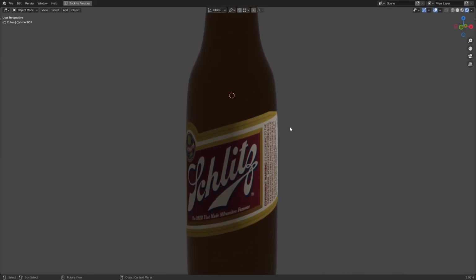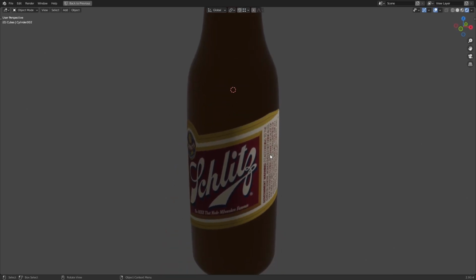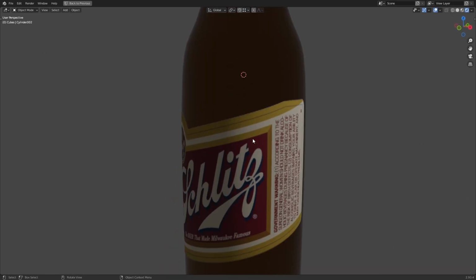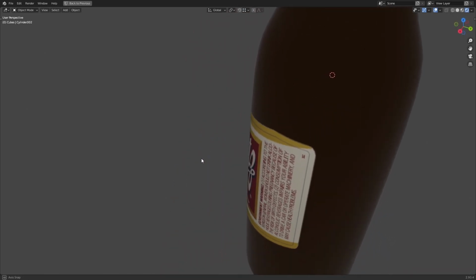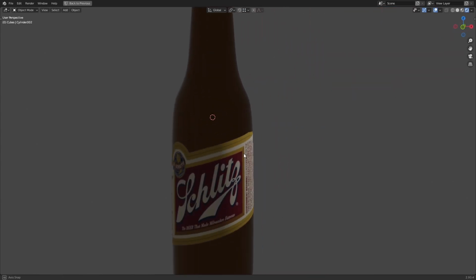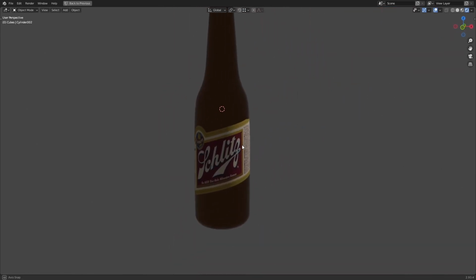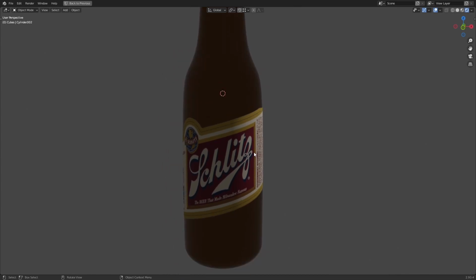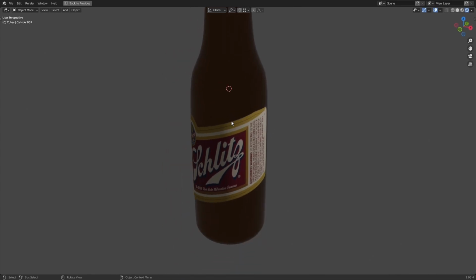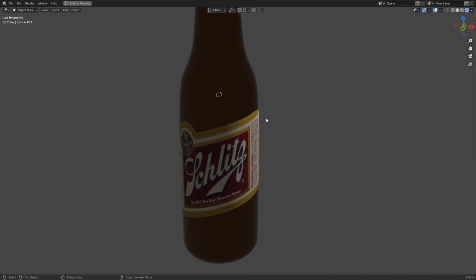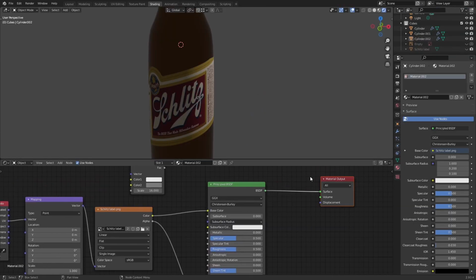So if we look at the label and the bottle, both of them have different materials. However, if you zoom in, you'll notice that there is no clear separation between the label and the bottle. Looking at it from a distance, it's totally fine. However, if you are going to be zooming way in, then you want to have that separation between the label and the bottle. So in order to do this, create a displacement node